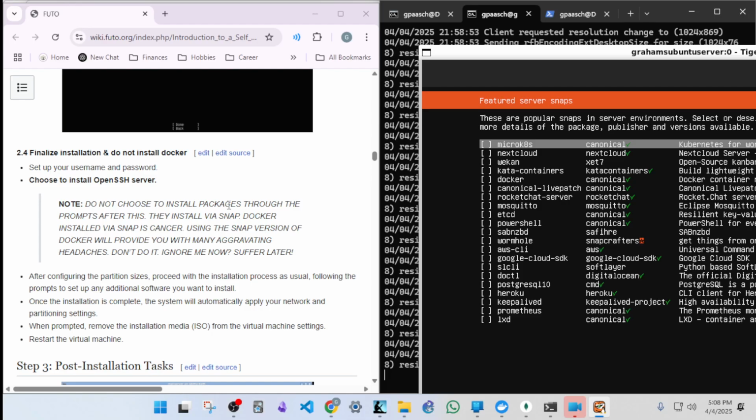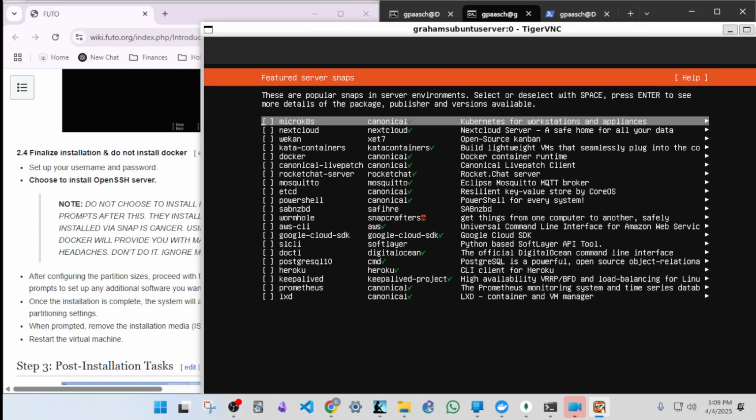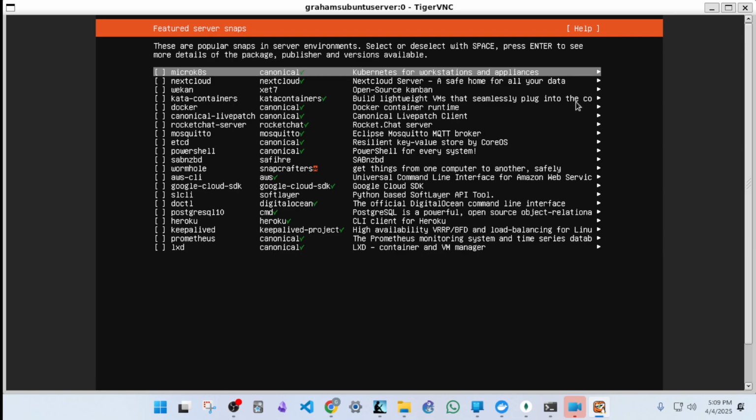Okay, well, maybe I do want to install some of these. Oh, no, no. These are snaps. I don't want to install any of these. Once installation is complete, your system will automatically apply your network and partitioning settings. When prompted, remove the installation media ISO from the virtual machine settings and restart the virtual machine. So this should get us to a good stopping point. These are all snap, so